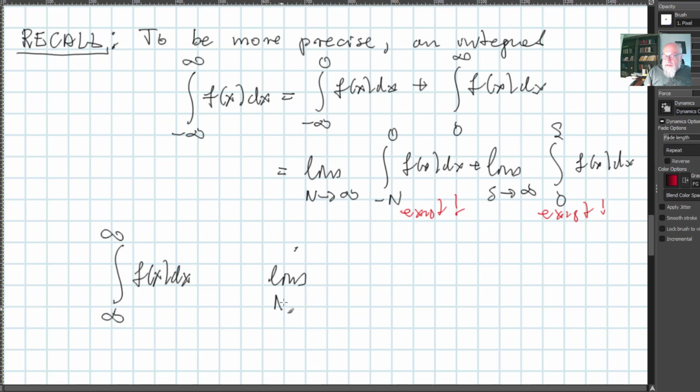I put here limit as n goes to infinity, and then the limits will be minus n to n, so both of them go to infinity, f of x dx, and assume that this limit exists. So in such a case, it may happen that the integral itself is divergent, but this limit exists. So examples can be easily written, but in order to be more precise, we just simply say that this is